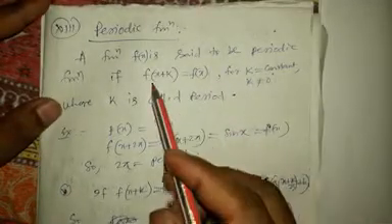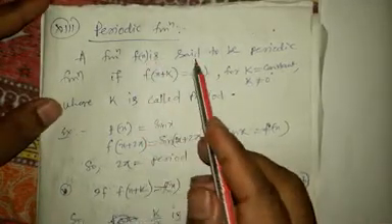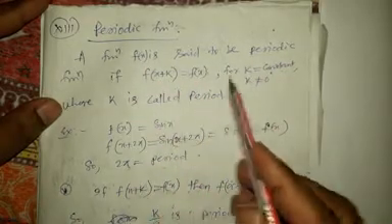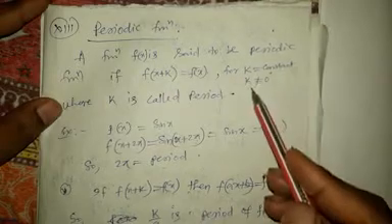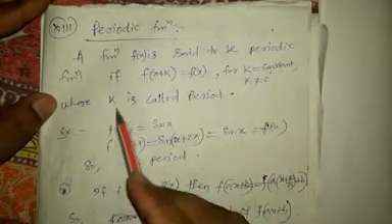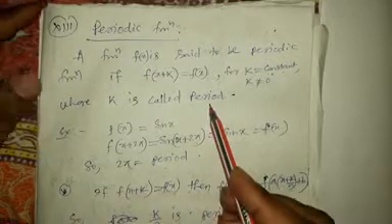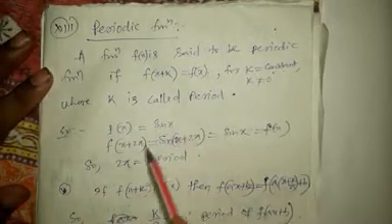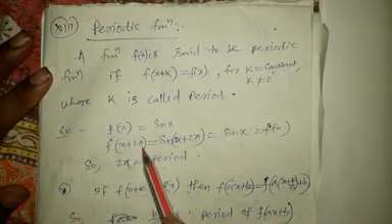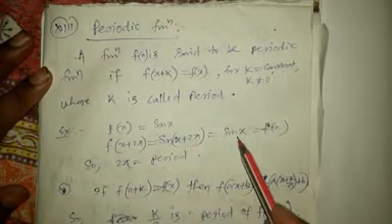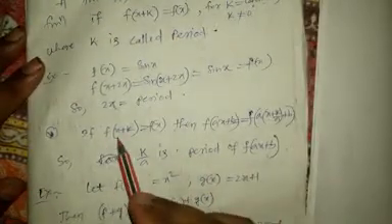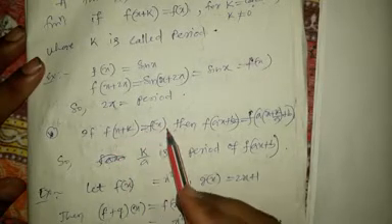Now periodic function. A function f of x is said to be a periodic function if f of x plus k is equal to f(x) for k constant, where k is not equal to 0. Where k is also called the period or periodicity. Example, f of x is equal to sin x. Sin of x plus 2 pi is sin x, which is equal to f(x). That means 2 pi is a period here. If f of x plus k is equal to f(x), then